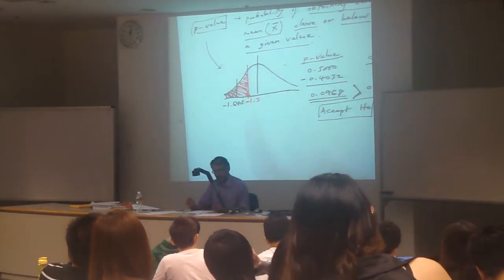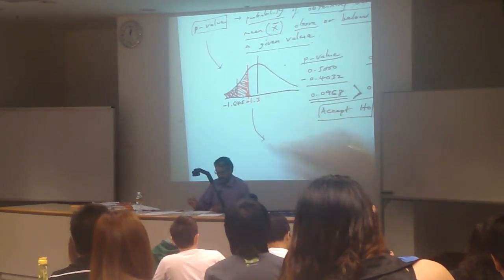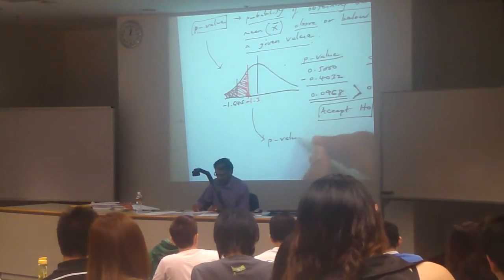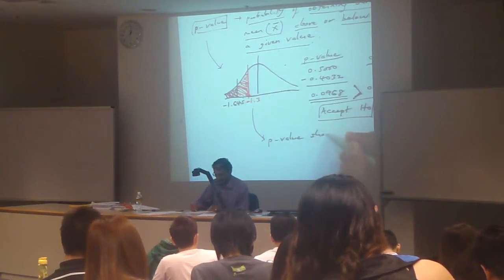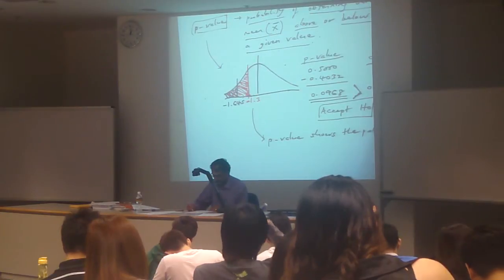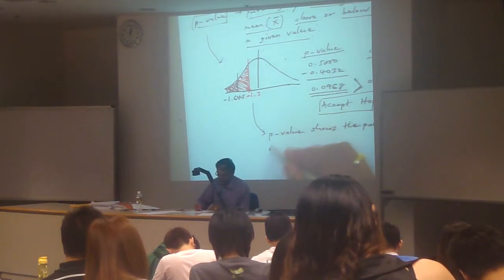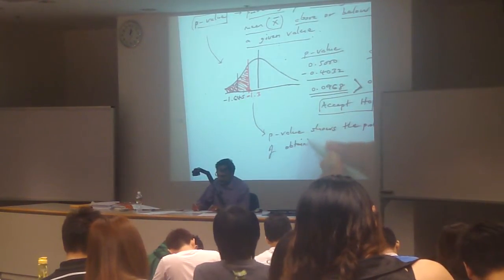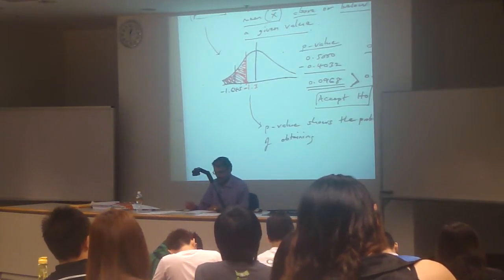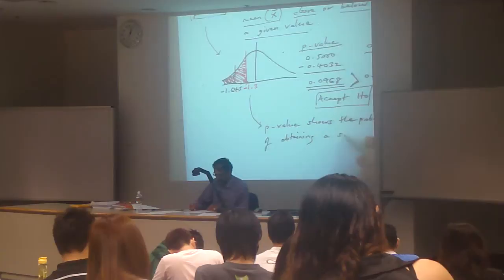If I say interpret this in terms of probability, then you must say P value. Come, apply to this question. P value shows the probability of obtaining, is this mean or proportion? This question is mean or proportion? Proportion, so don't say sample mean. Shows the probability of obtaining a sample